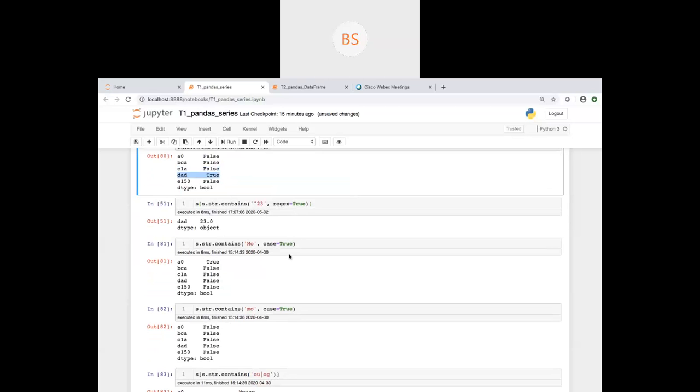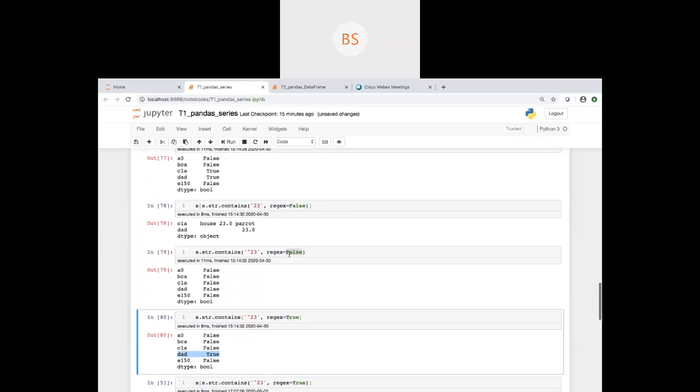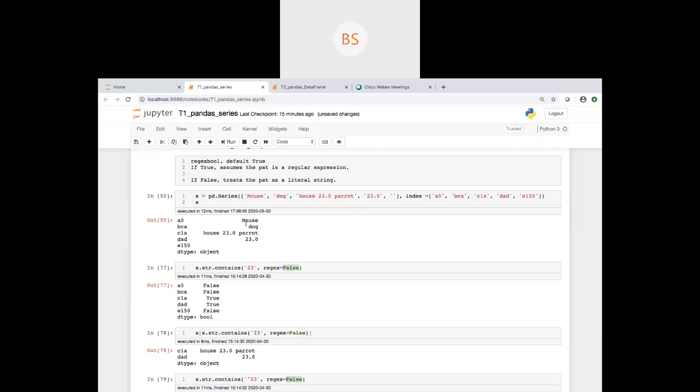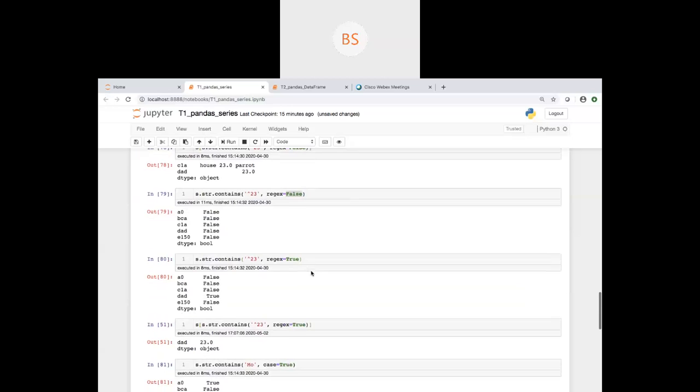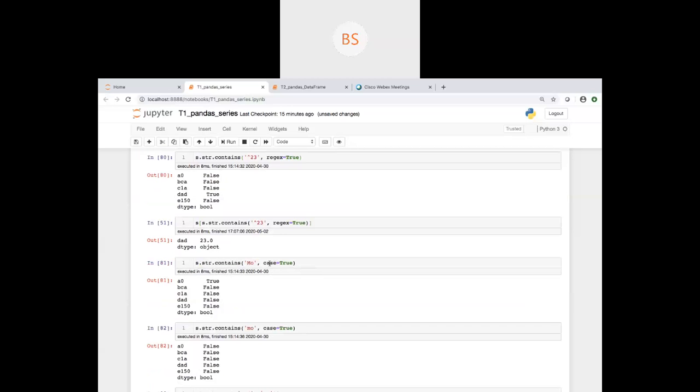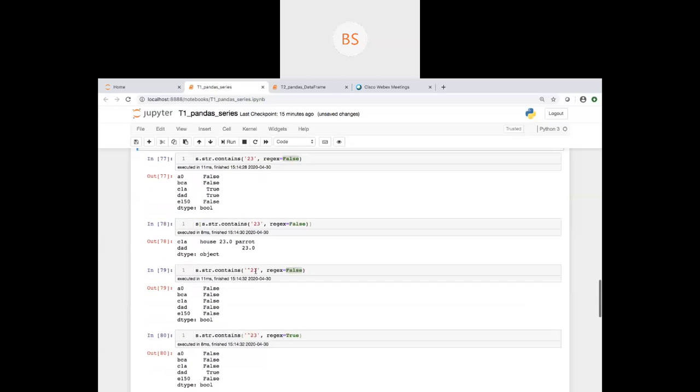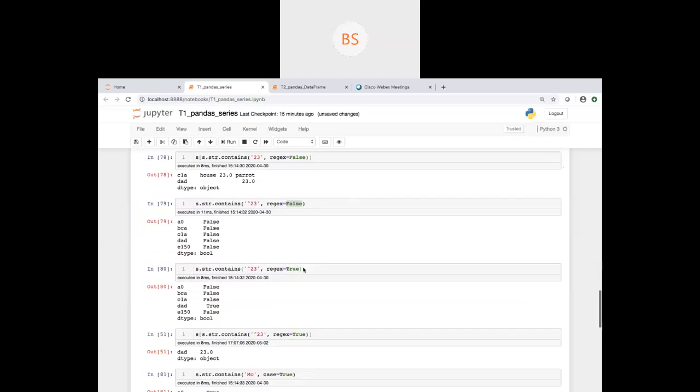Now we can make it case sensitive also. So if you go back to the data, MOUSE mouse, it will match if you make it case sensitive using this flag. So wherever you find capital M and O, then only it will match.